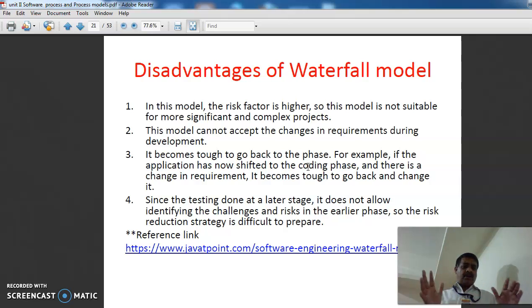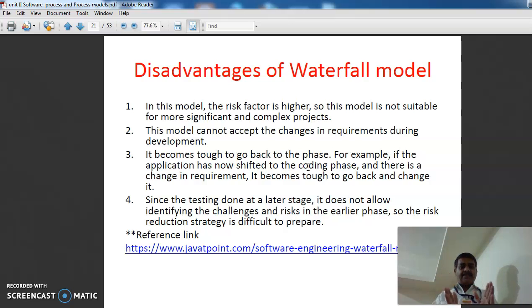So overall, in summary, this model is a sub-part of the life cycle. This model is commonly used for short projects. This model has as many as 5 steps.